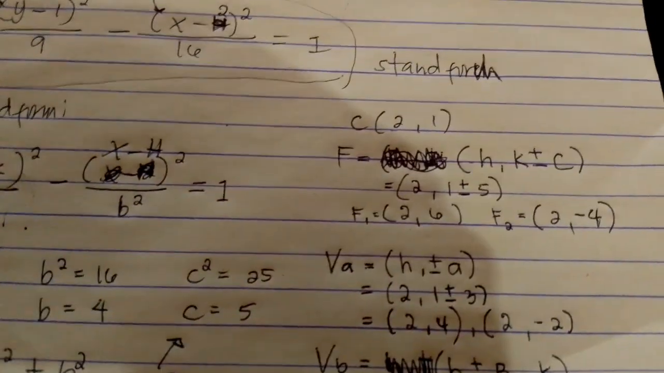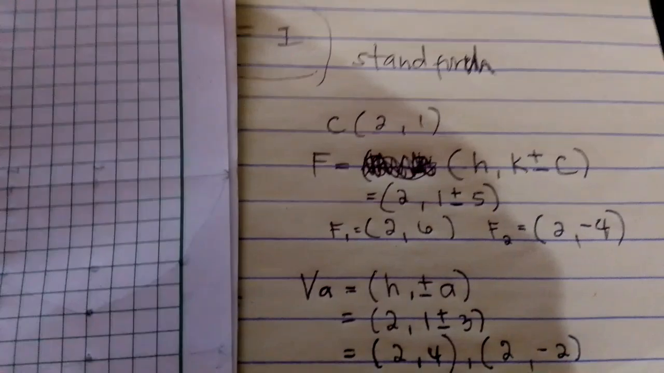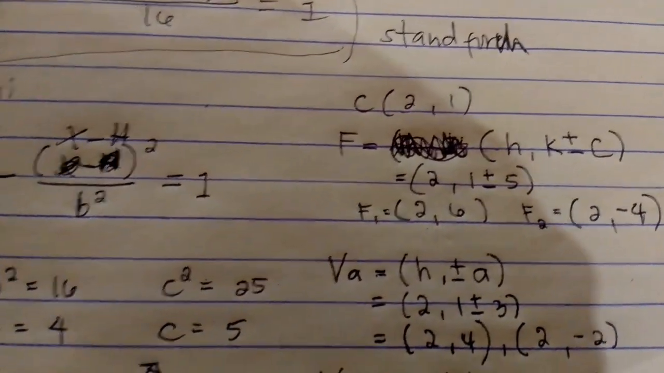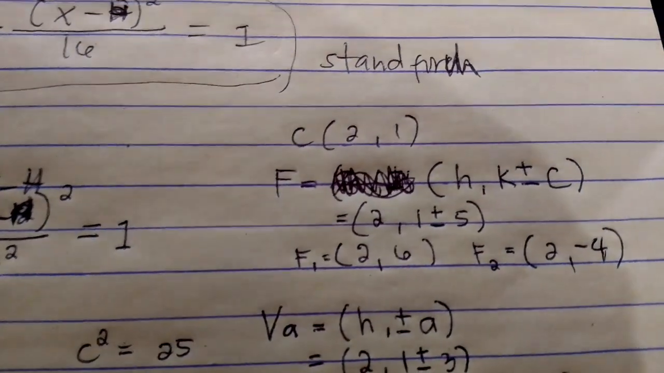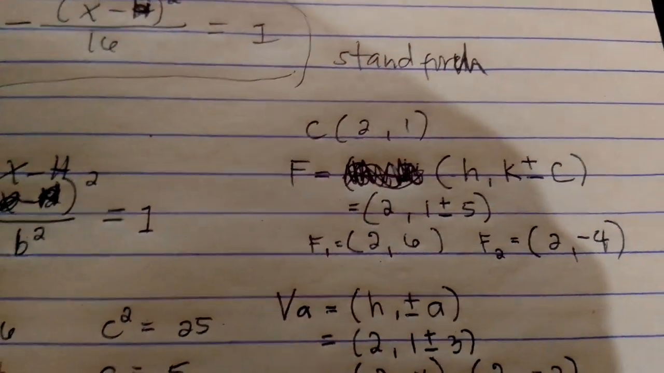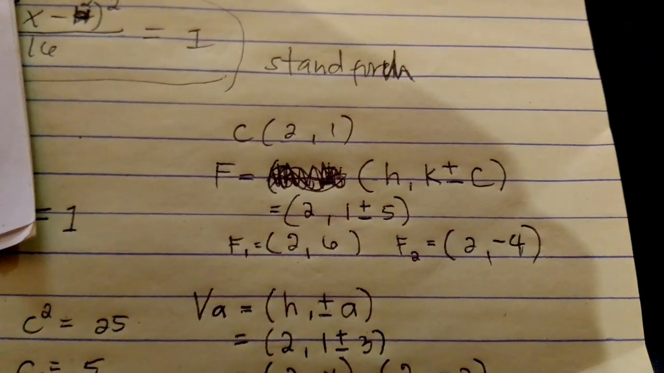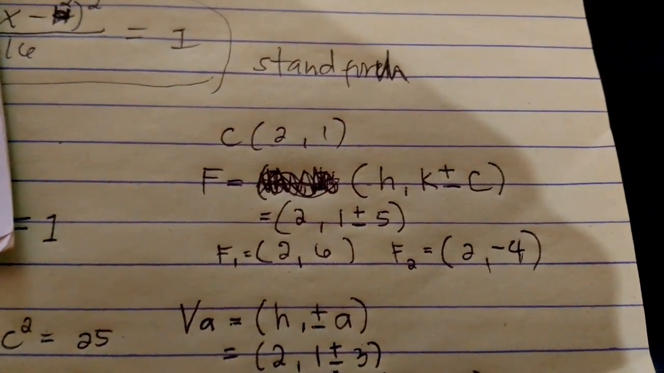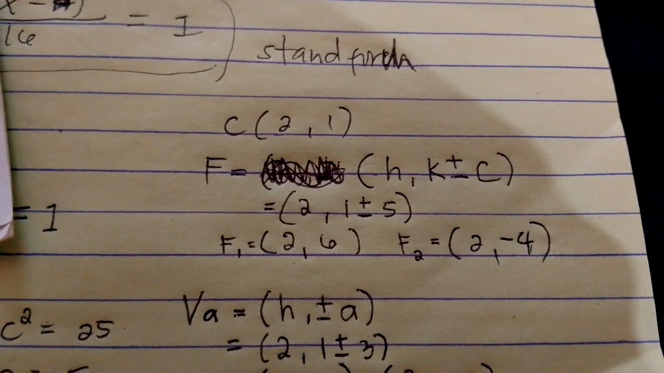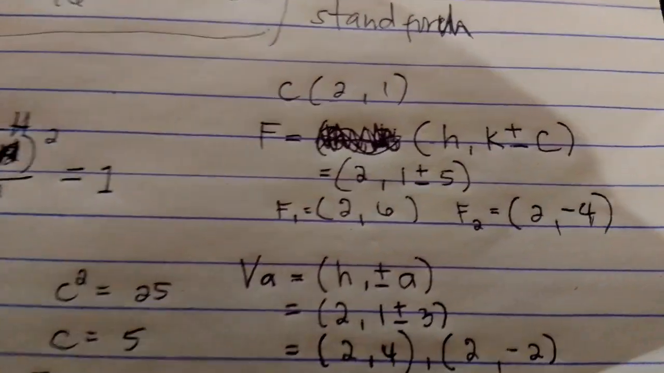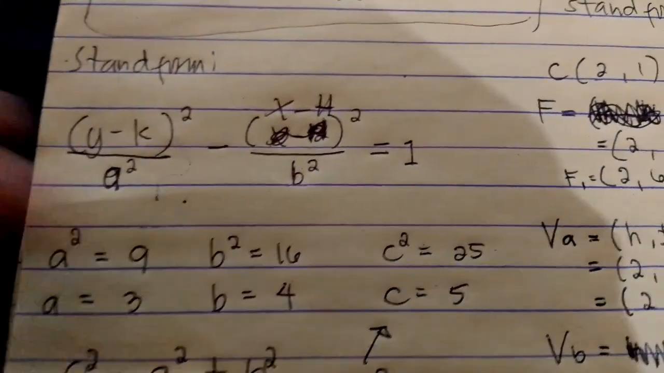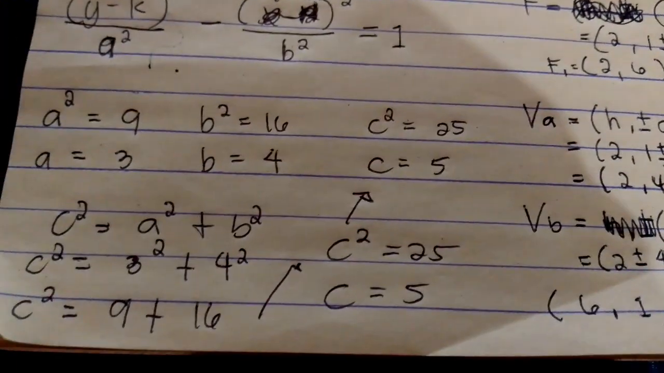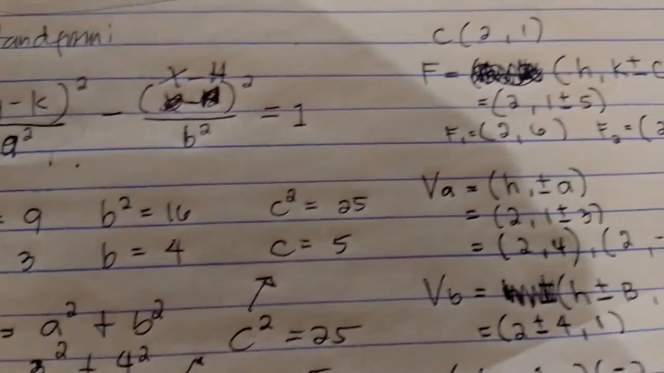First things first, we must know our center, which is the center of our graph. The coordinates of the center of the graph are (2, 1). That's our coordinate. Now to find the focus of our graph,